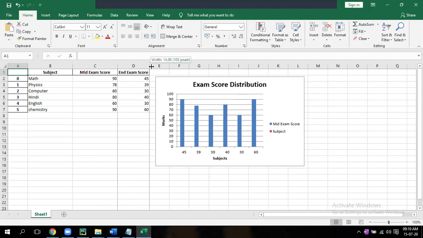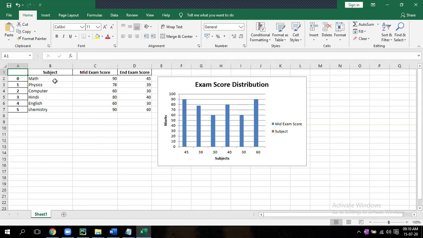Now here see the width we have given. The width is applied to B and C. By default it is fixed width. But D, I think we have not given, that's why it looks like this. And for the chart we have given where to start, and this is the title, and the x-axis is subject, the y-axis is marks, and it is plotting the graph by taking the values of the subject, let's say math. The exam scores are 45 and 90. For math, this is 45 and 90, I mean mid exam and end exam. Okay, so like that it is giving the chart.